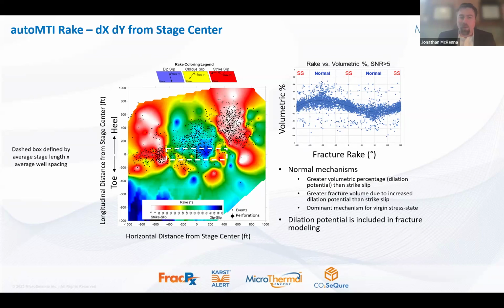Yeah, so like I showed where we had these parent-child effects, in a lot of cases we've monitored the parent well, and then we've modeled where those fractures would be, the extent of them, and where that proppant would be going. Then later in time, we monitor a child well that's being treated, and we see a lot of events going back over to that parent well. A lot of times it will illuminate the area that is depleted, and it'll concentrate in the area where you have more production and more depletion, which is